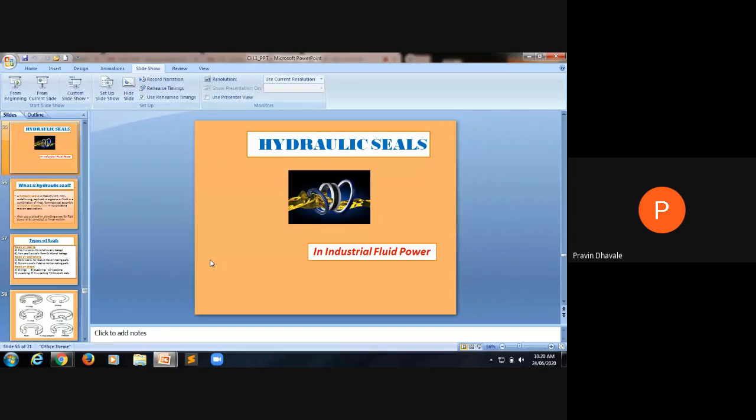But whatever oil leaks internally does not cause any fluid loss. That leaked fluid goes to the reservoir. But as far as external leakage is concerned, they may have a